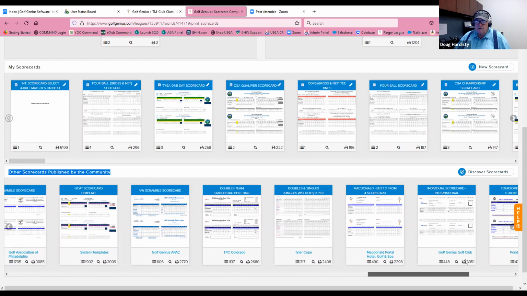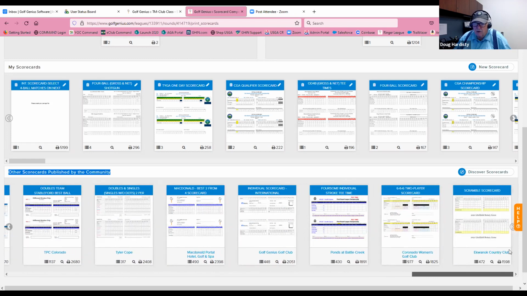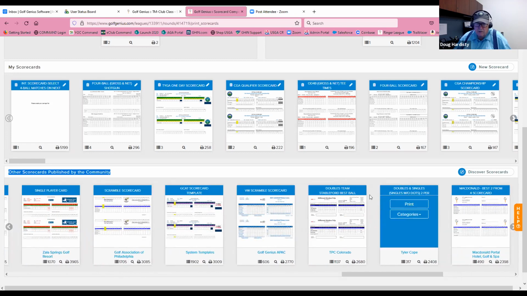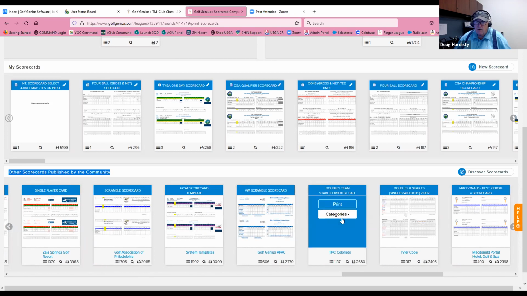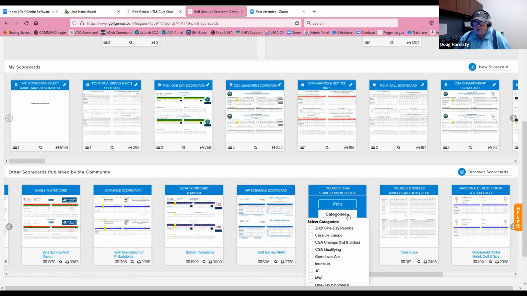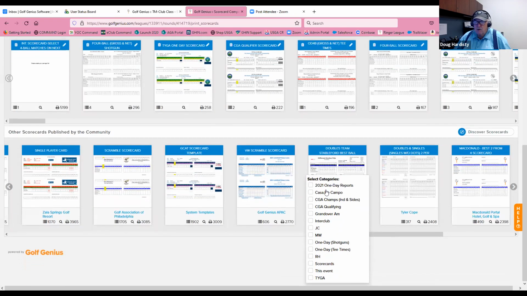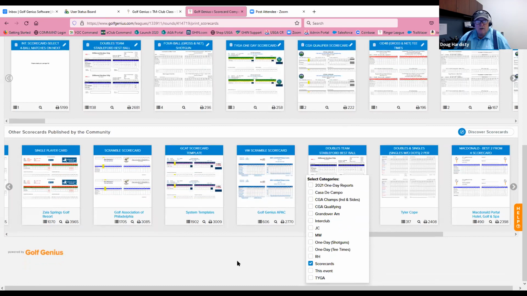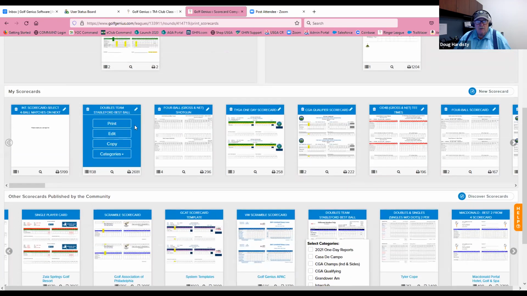All you would have to do if we wanted to pick up a 4-ball card, if I can find one real quick, there we go, doubles team Stableford best ball, is you would go to the category, put your mouse over the top, go to the categories and put it into any one of your categories. Most of the time you would put it in scorecards. And when I do that, you can see that that one, doubles team Stableford best ball, just showed up in